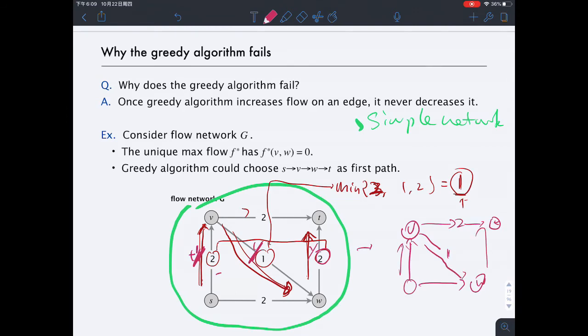S, V, W, and this is 2, this is 0. And V, this is 1 unit of path. So we make a mistake. This is the mistake we are making. As you can see very soon, that is why I call this a mistake. Let me just make all the symbols clear. Basically I'm using the same symbol as what we